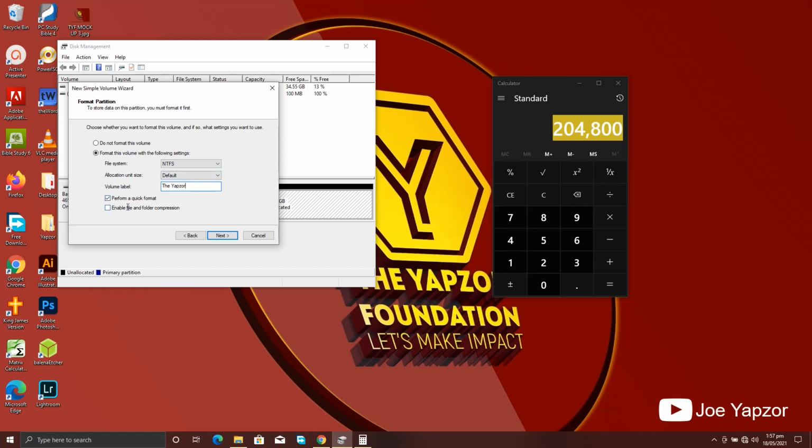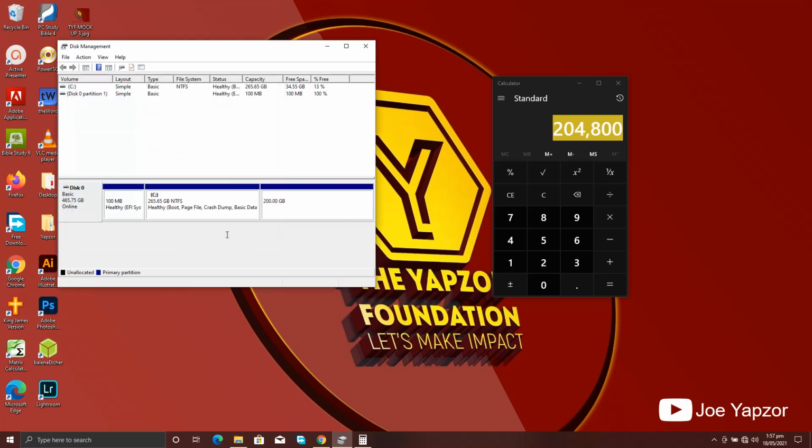And enable this, that's for file compression and folder compression. There might be a need to compress certain files and folders in that disk. So enabling it can be a plus. But if for whatever reason you don't need it, just leave it out. Then it will format it, and it has been created. So when I open